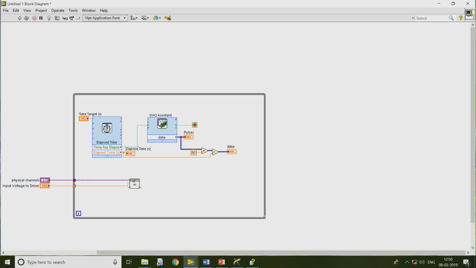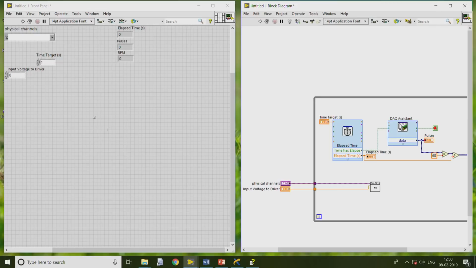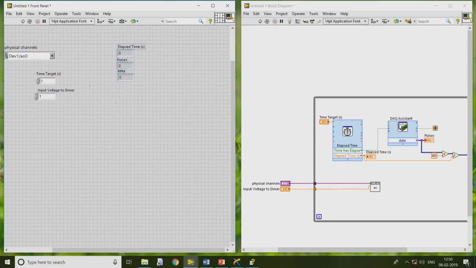Now let me set the physical channel to AO0 and the input voltage to the driver as 1 volt. The time target is 1 second, and here we can see the elapsed time as well as how many pulses it is giving, everything we can see here.